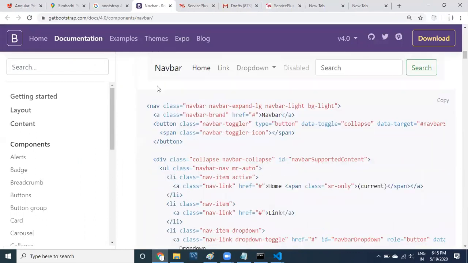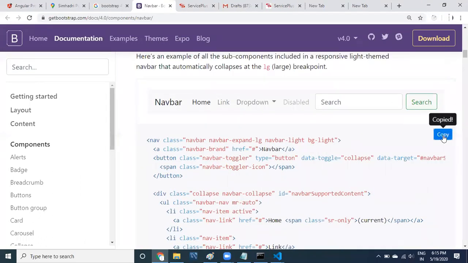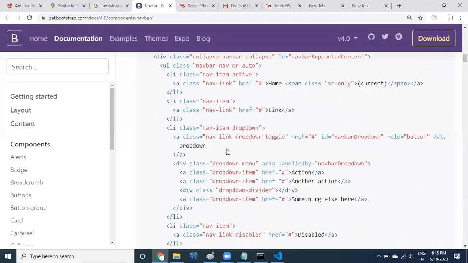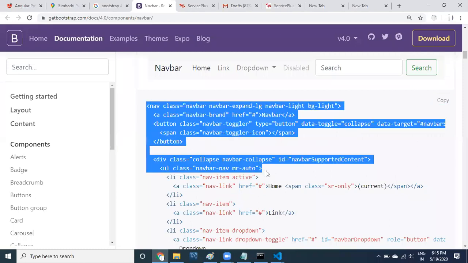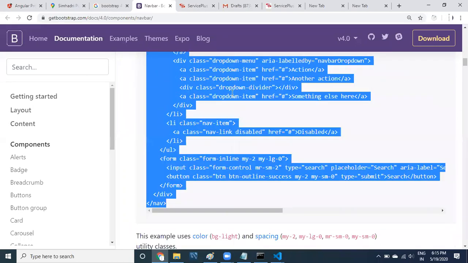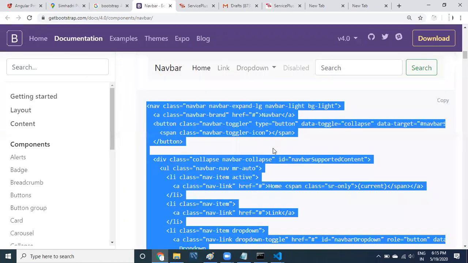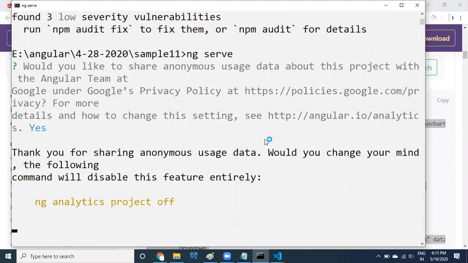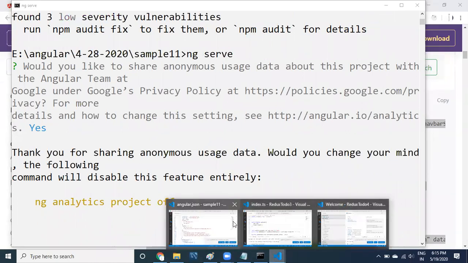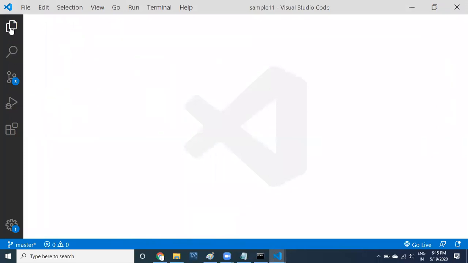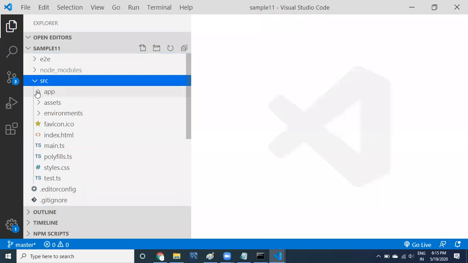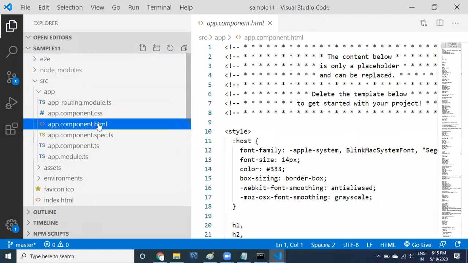See here, guys, whatever navbar that we have, we can take this navbar and then I'm going to copy this navbar. Just copy the code that I have provided, whatever code is available in Google related to this. See here, guys, this navbar. Of course we can keep all this information in a separate component also, that is also possible. Now what I will do is I will take this code and initially I will be placing it in app.component.html, that is the default component. I will go to the default component here, guys.